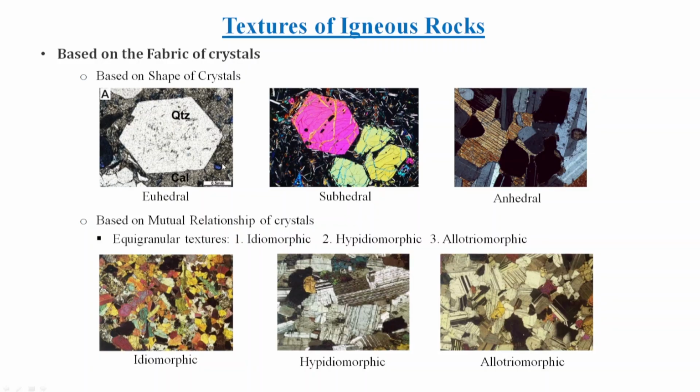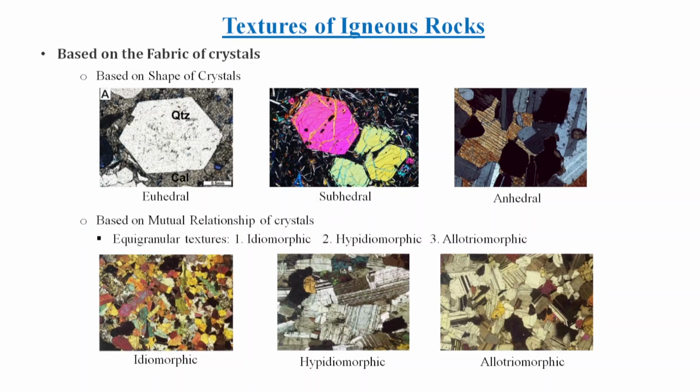Now, based on the mutual relationship between the grains, when you have two or three or more grains which are related to one another, or the grain boundaries of these mineral grains are connected, again I can group into three categories: idiomorphic, hypidiomorphic and allotriomorphic. Your idiomorphic will be when most of the grains that are in connection to one another